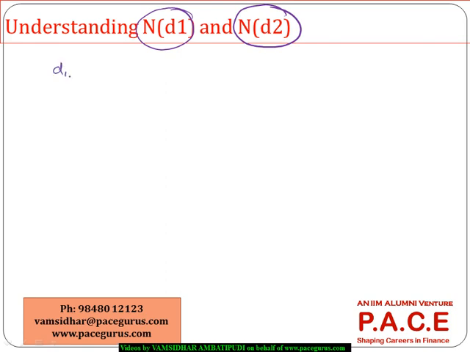We first compute D1 as log of S by K plus R plus sigma squared by 2 times T, divided by sigma root T, and D2 we take as D1 minus sigma root T. So D2 comes out as log of S by K